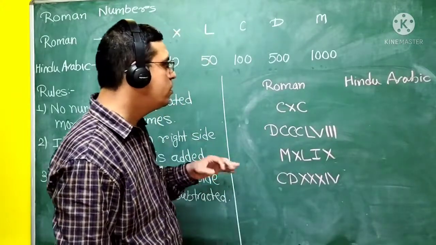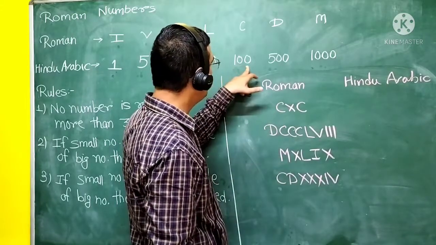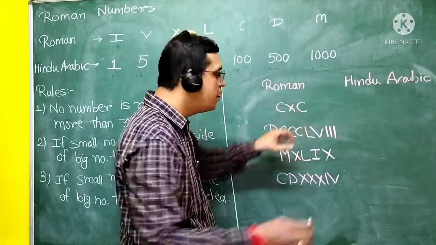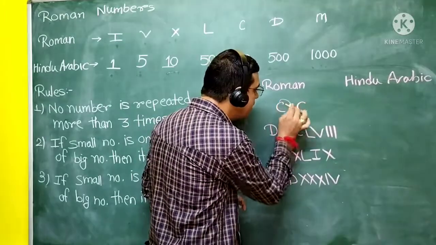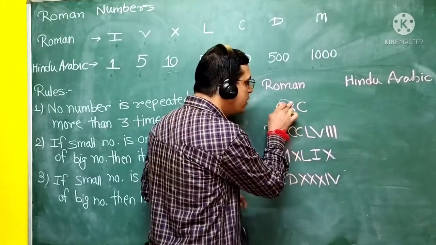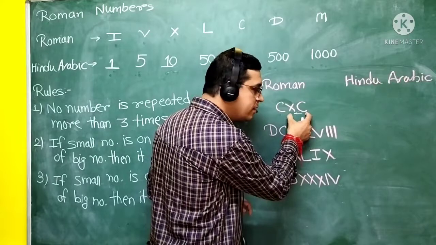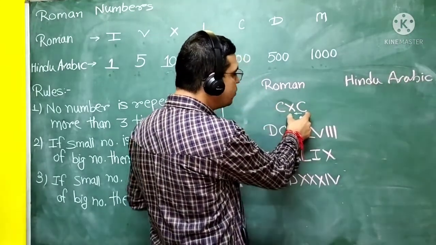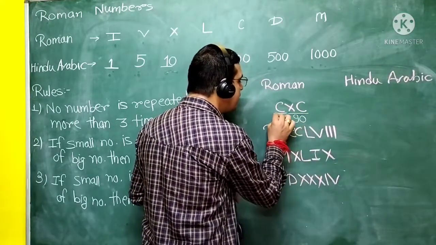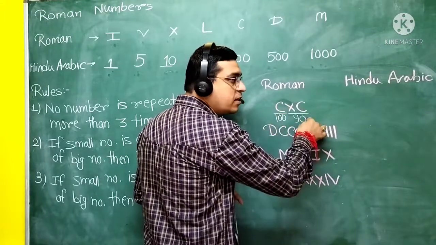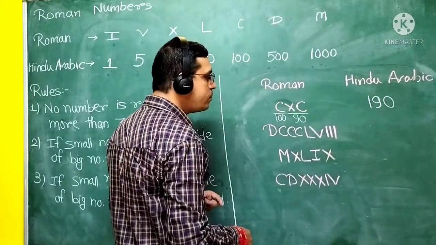Okay, so the first Roman numeral is CXC. C is what? 100. XC: X is 10, which is written before C. You cannot just add this 100 and this 10 because it is written on the right. No. Remember that this 10 is written before this C. These two come together. C is 100, but 10 is written in front of it, so this is 90. These two numbers together are 90 and the first C is 100. 100 plus 90, so this number will be 190. Okay.